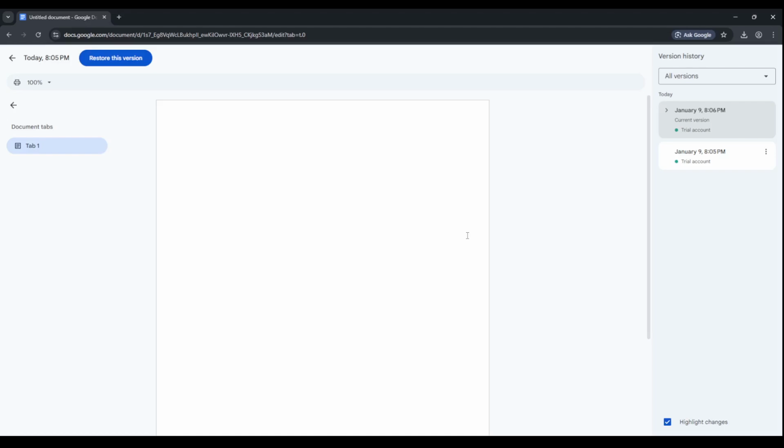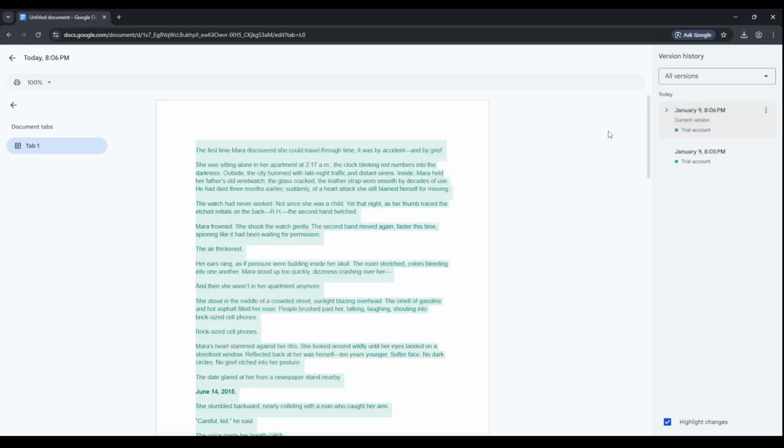And that's it. Done. Version history is a powerful way to undo accidental deletions, compare drafts, or trace how a document evolved. Make it a habit to check the timeline when something looks off, and you'll save time and stress. If you're collaborating, consider letting teammates know when you restore a version so everyone